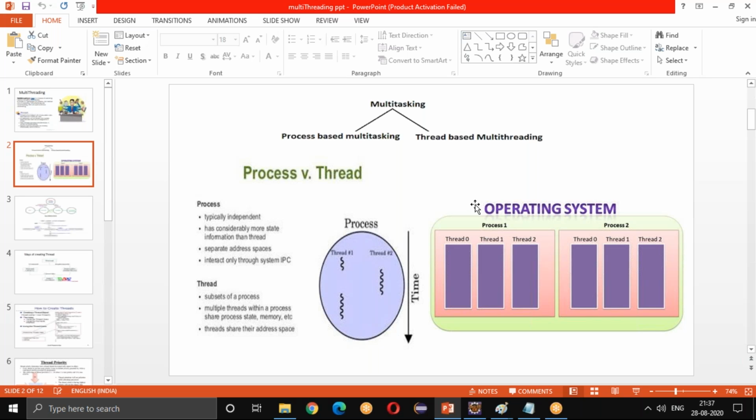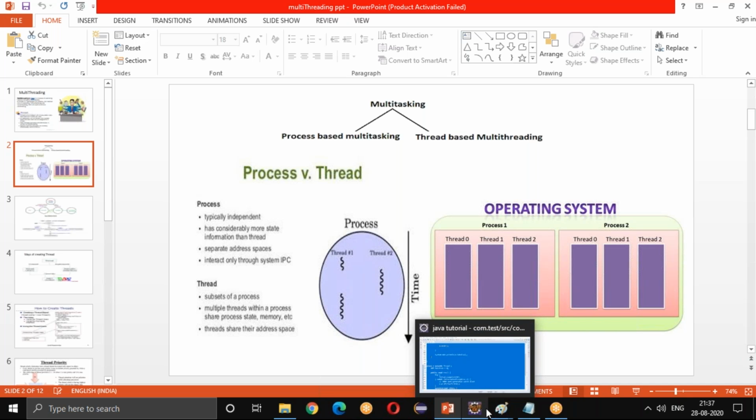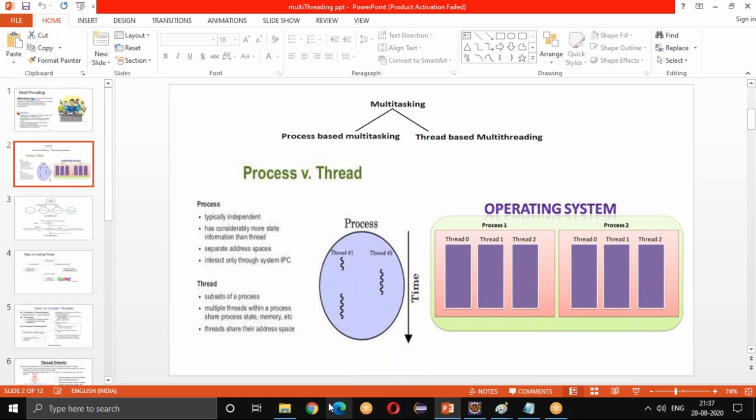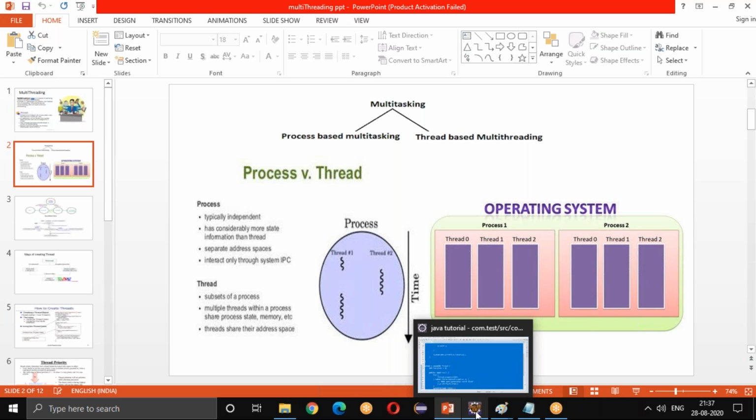When it comes to process-based, different threads perform to complete your process, and one process is independent of another process. You can take an operating system as a proper example of process-based multitasking. For example, this is my PC. I have opened Eclipse, Notepad, a PowerPoint presentation, we are in Google Meet, we can open some folder, write something, and you consider everything a process. The PowerPoint presentation is a process, Eclipse is a process, but